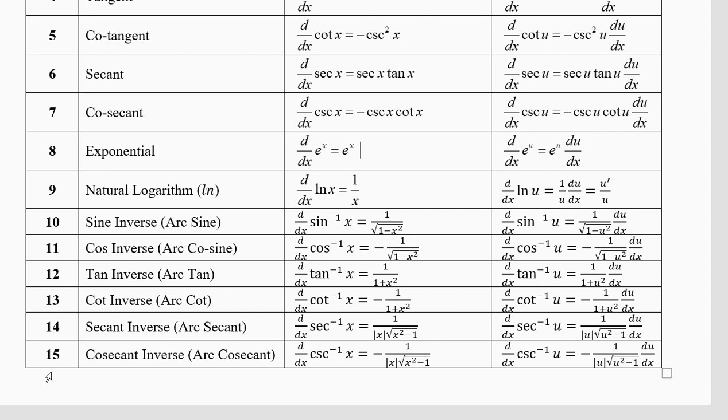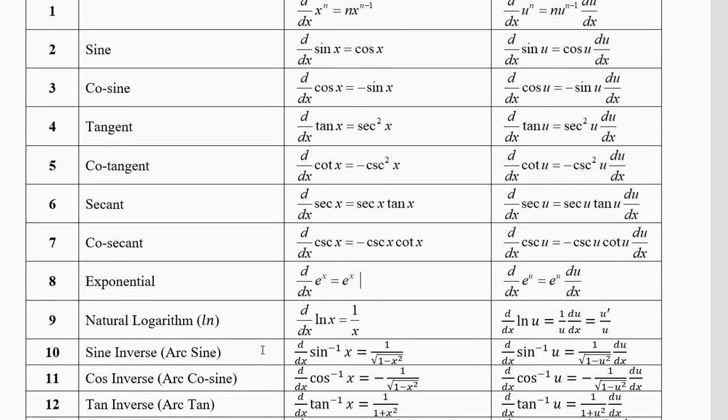Take a piece of paper, write it 5 times with seeing and without seeing till you get all of them into your memory. Without these formulae, calculus 1 will be difficult and you will be needing these 15 formulae in calculus 1, calculus 2, calculus 3, differential equations and engineering mathematics, and some applied math courses also. So these 15 formulae are the most important for you. So try to memorize them.